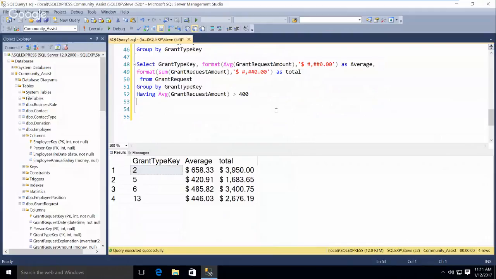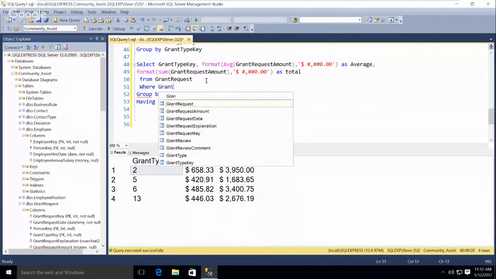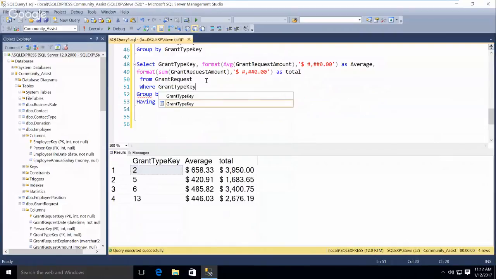We want a where clause just for, I don't know, whatever, where grant type key, and I'm going to say, so we're going to exclude this for whatever reason.